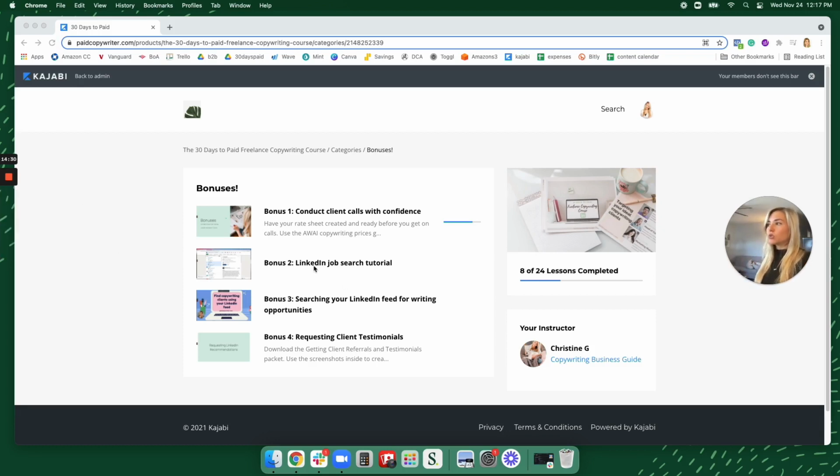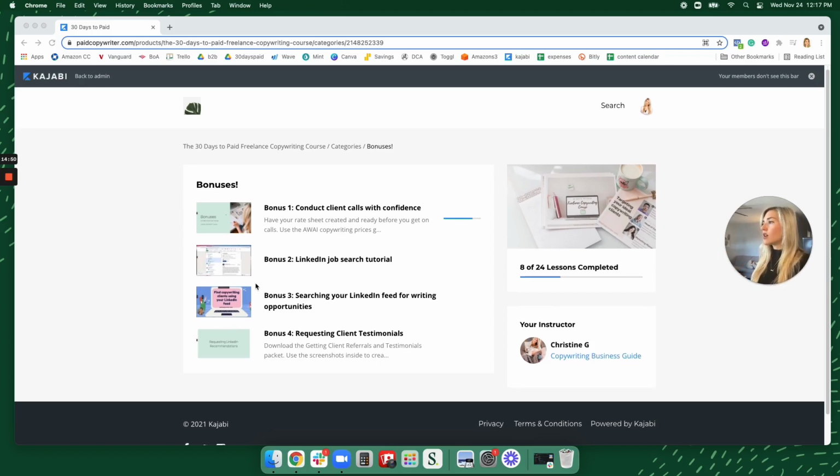Bonus number 2 is a LinkedIn job search tutorial. So in addition to cold pitching, if you want to use the job search feature, LinkedIn is great in so many capacities. I used it primarily for cold pitching, but being the first to hop on the posted job opportunities is great. So I go through that. I give you a tutorial of how to do that on LinkedIn. I also added 2 more bonuses